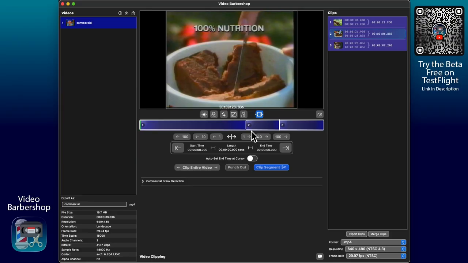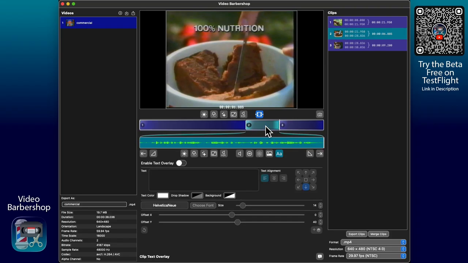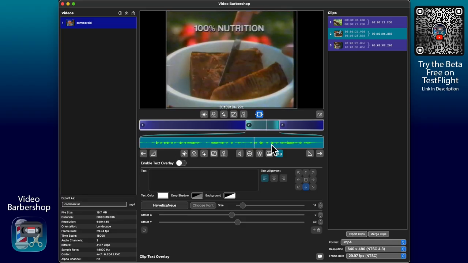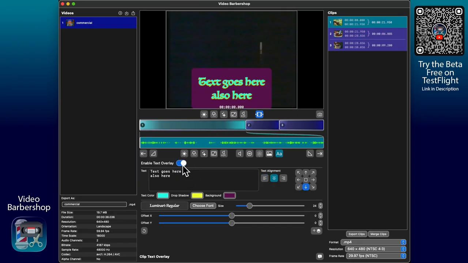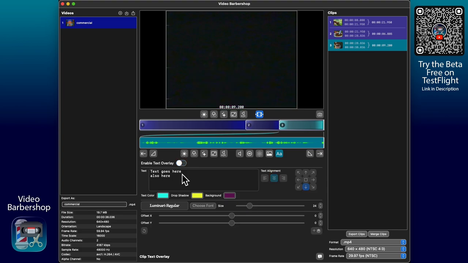I'm going to punch it out, which splits your original clip and punches out the clip between them. So now I've got just the meaty goodness that I can add in here. And let's say on here, this is where the text was. Let's not have text there, and this let's not have text there, because as you see, it splits it, and it preserves the settings that you have of that clip